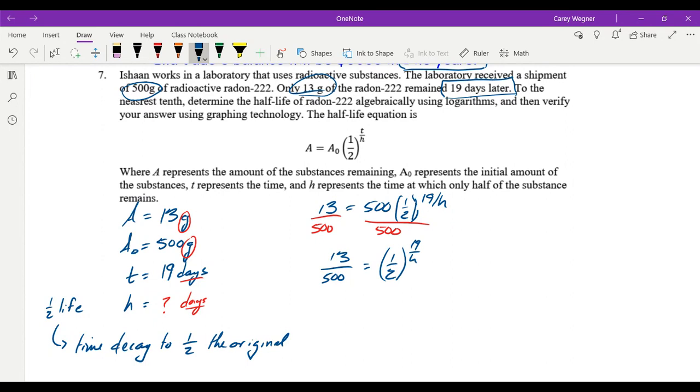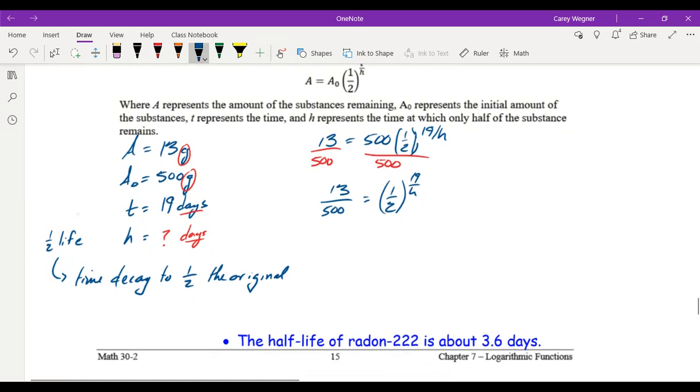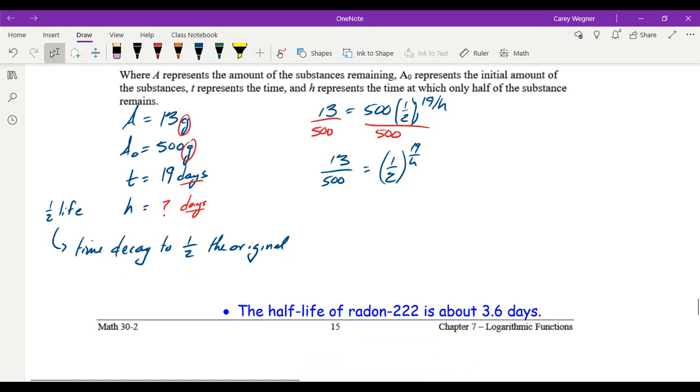And our variable is in the exponent. Even though we have a 19 in the exponent as well, still at this point we can rewrite this equation in logarithmic form. Well, there you see the answer already. It's given away. I have a feeling I'm going to run out of space, so I'm going to come over here to write this in